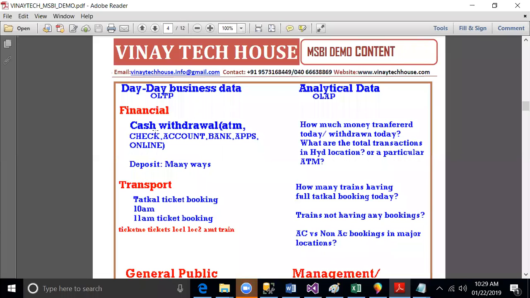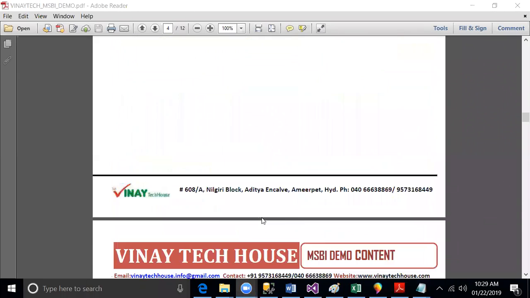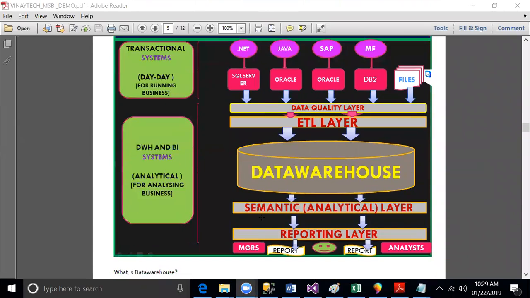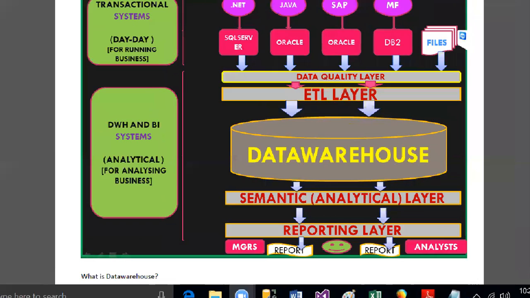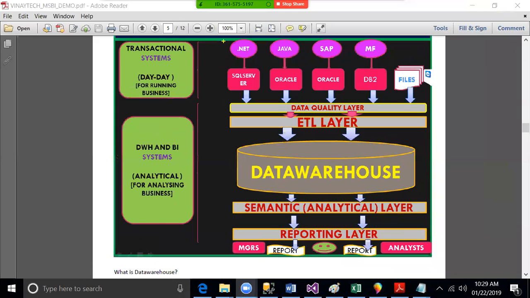Daily data and analytical data. Now this is the picture, the basic picture you need to understand. And we call this OLTP, and we call this OLAP, online